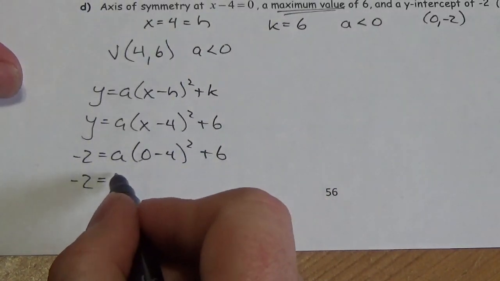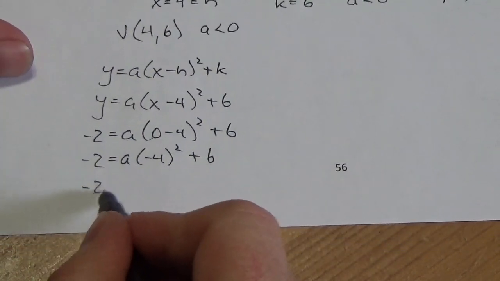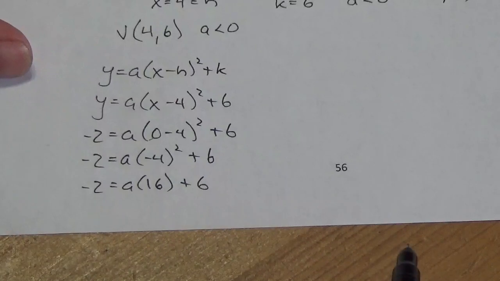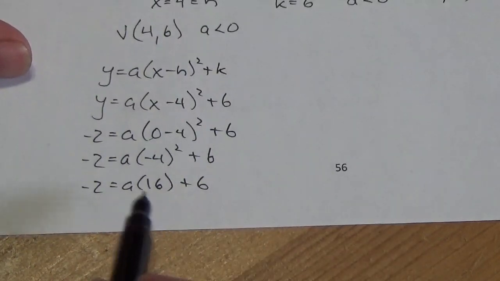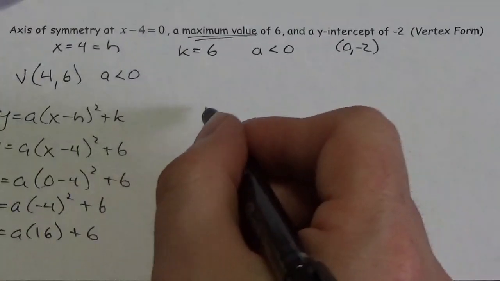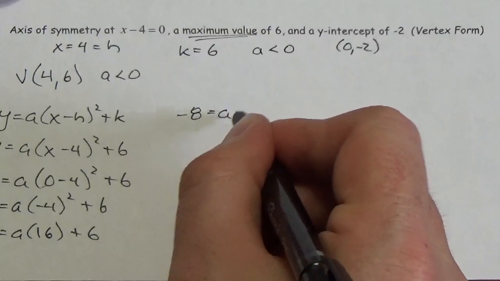0 minus 4, it's just going to be -4 squared plus 6. That is going to be a times 16 plus 6. Now I need to get the a by itself, so I'm going to move the 6 over. I'm going to subtract it from both sides. And so when you subtract the 6 from both sides, you're going to get -8 is equal to a multiplied